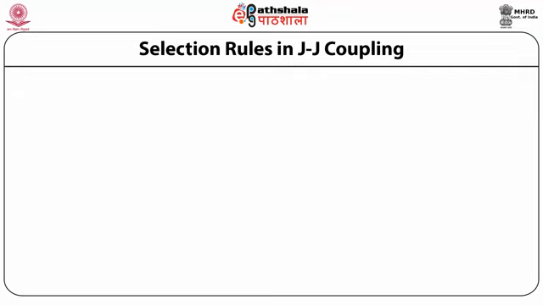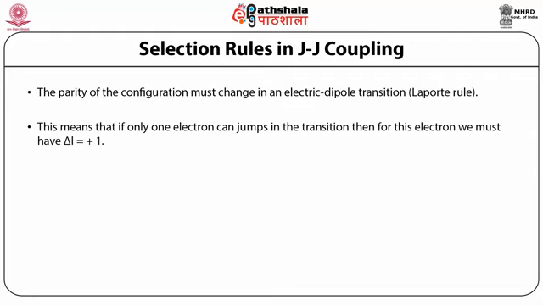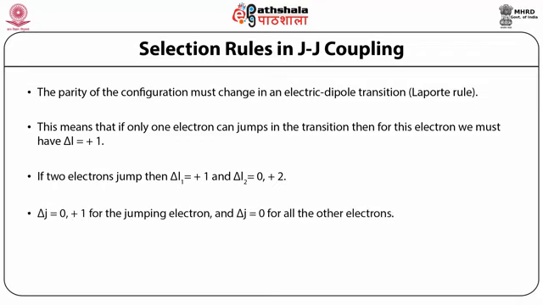Now, there are selection rules in JJ coupling. The parity of the configuration must change in an electric dipole transition, which is the Laporte rule. This means that if only one electron jumps in the transition, then for this electron we must have delta L equal to plus minus 1. If two electrons jump, then delta L1 is equal to plus minus 1 and delta L2 is equal to 0 and plus minus 2, and delta J is equal to 0 plus minus 1 for the jumping electron and delta J is equal to 0 for all the other electrons. For the atom as a whole, delta J is equal to 0 plus minus 1,